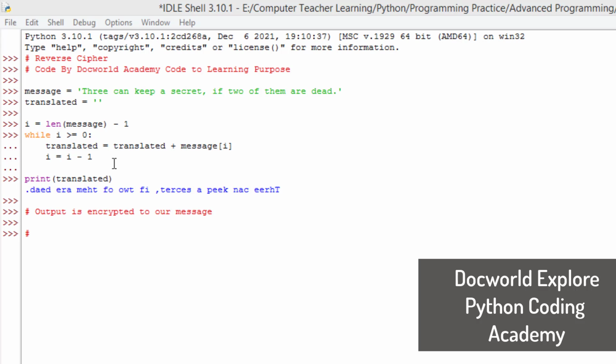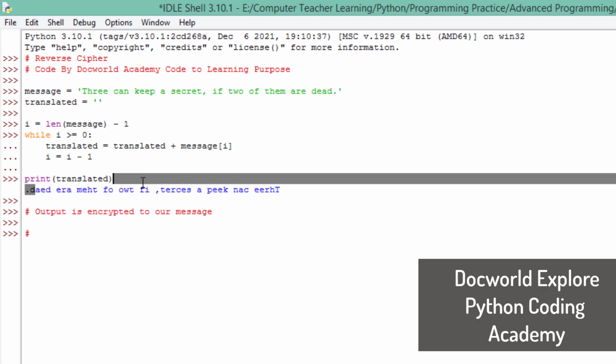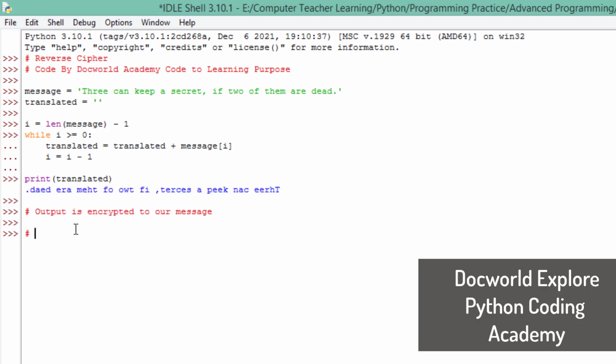So we are printing this translated phrase, the evaluation of this message into encrypted form. So here is this encrypted message. The output is our encrypted message. Then we create our